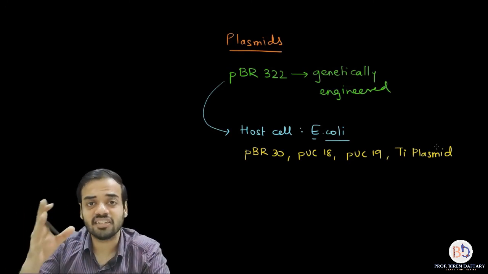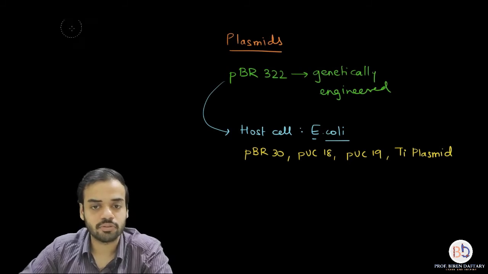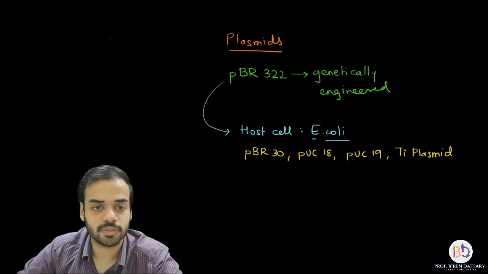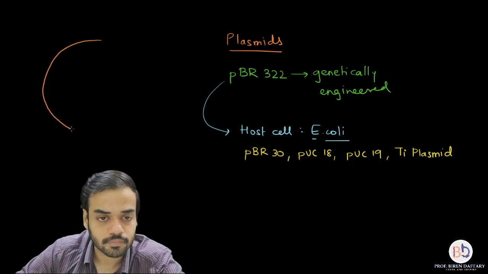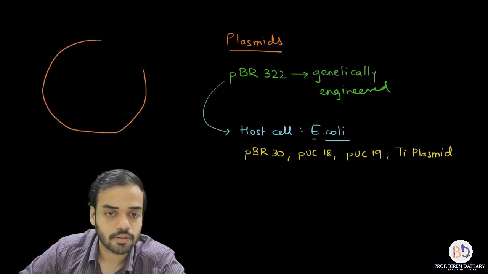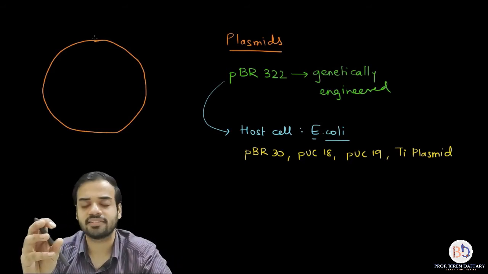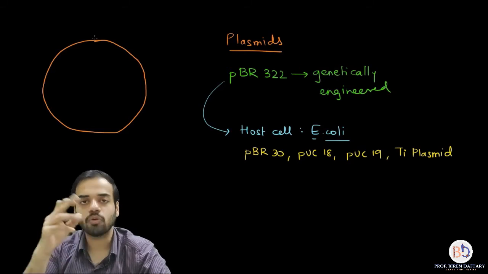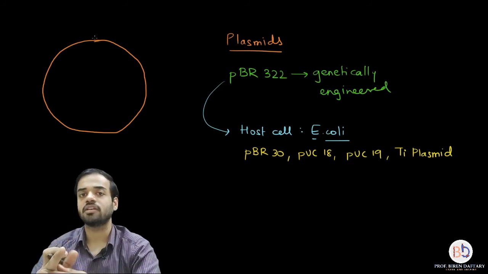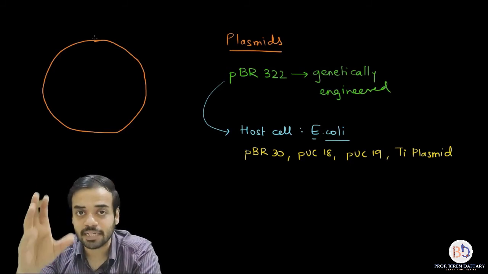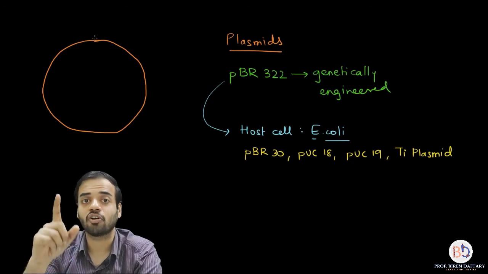Now let us study the general structure of a plasmid. What we are going to do here is sketch the structure of a plasmid. I am not sketching any particular plasmid as such, I am just drawing a general structure. Let us remember the properties of a cloning vector. The first property was that a cloning vector should be able to replicate independently inside the host, and I told you that is possible because of a gene called origin.